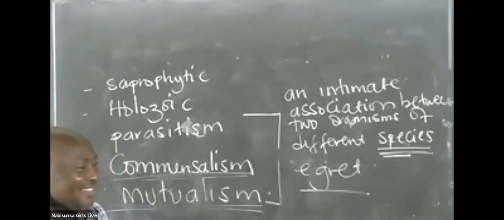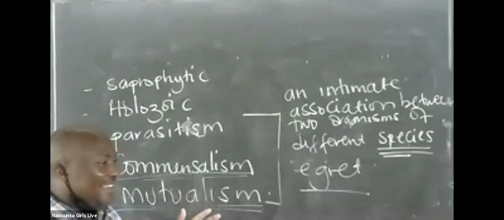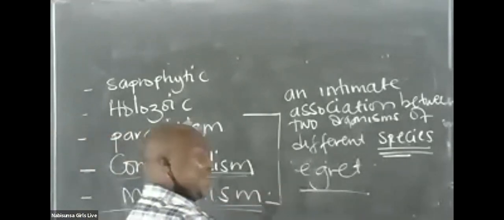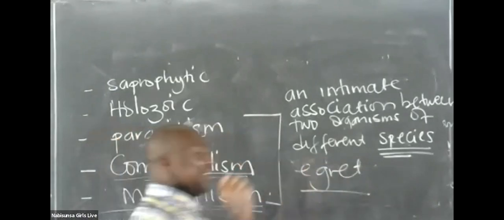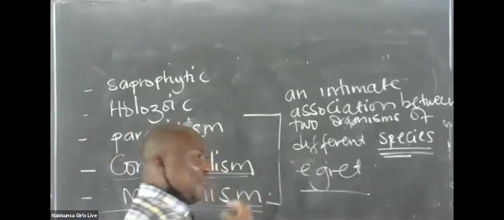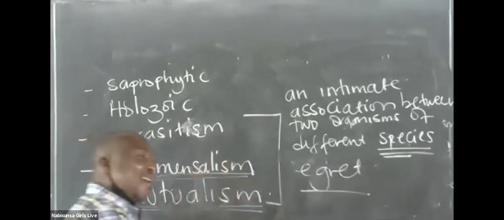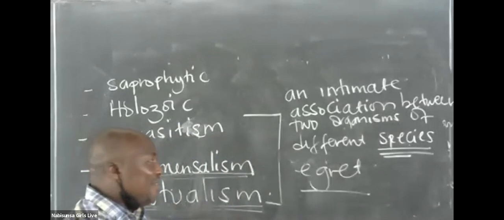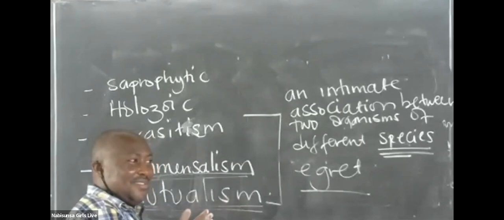Repeat. Pardon. Please, the problem is I'm saying as the cow is feeding, are you getting it? It exposes worms. Which worms? The egret goes ahead. Are you getting it? Now, as the egret is eating the worms, it is benefiting. But the cow, neither is it benefiting from the egret eating the worms, but at the same time also it is not what? Harmed. Are you getting it? So, are you getting it?